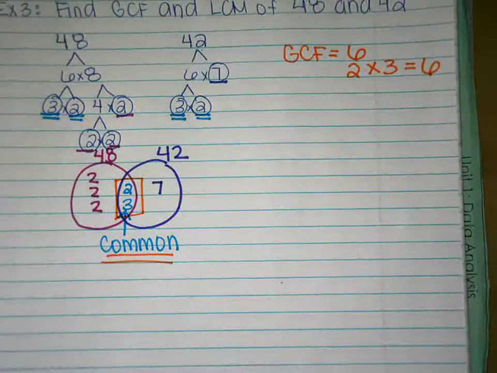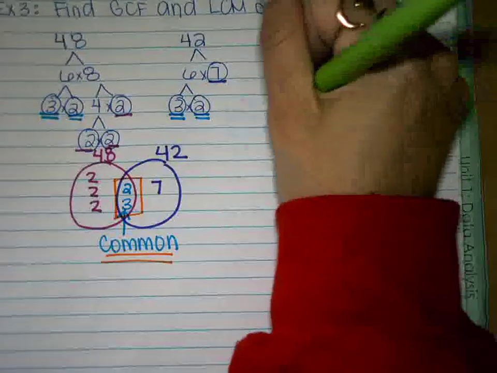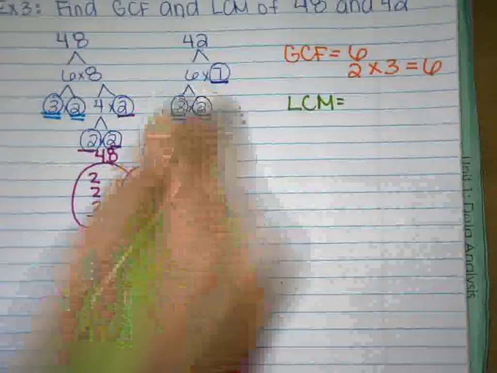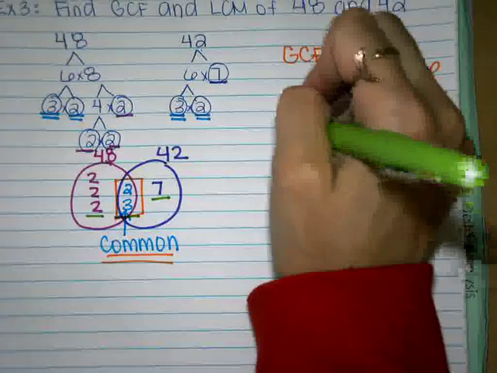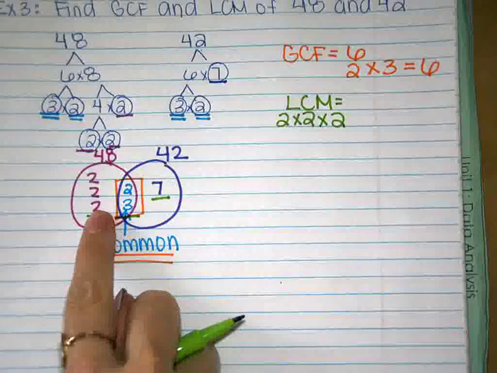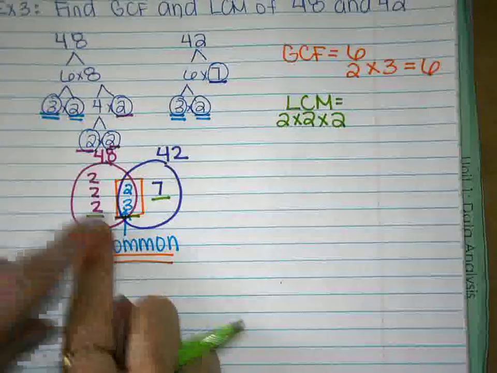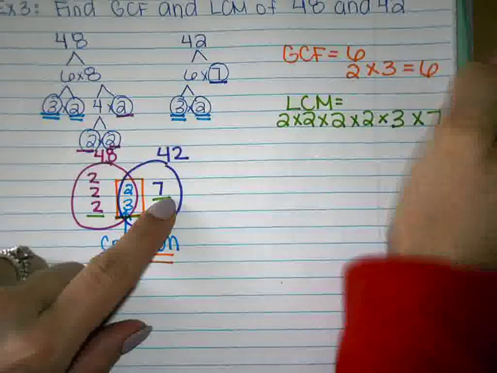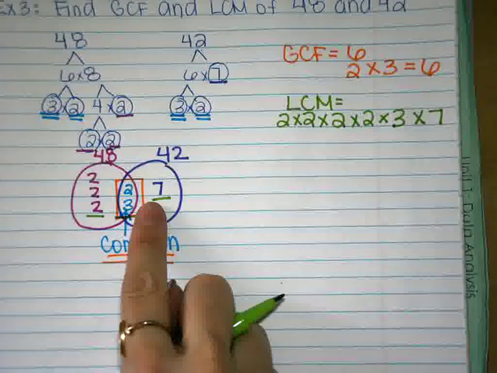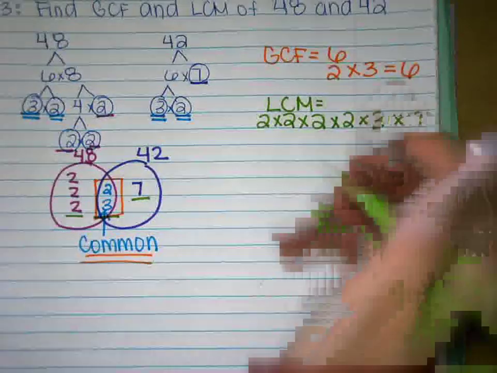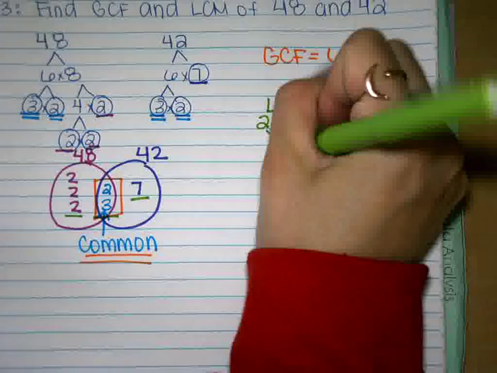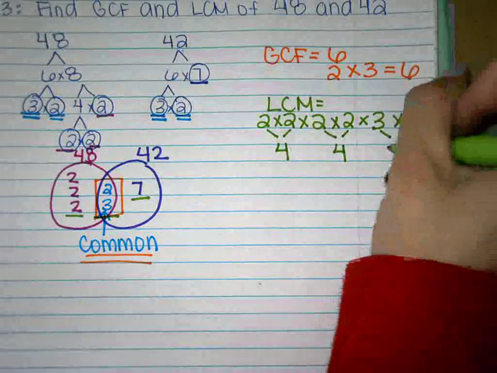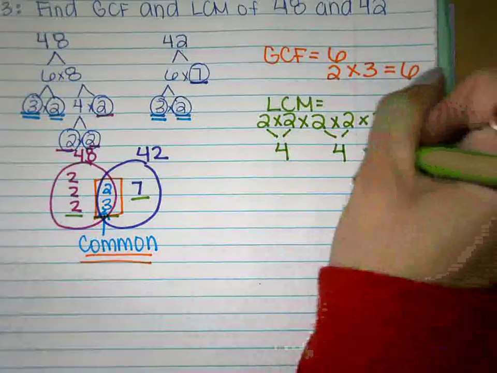Then I need to find my least common multiple, and I need to take every number that I see. So I have 2 times 2 times 2, that's the 3 2's under the 48, times 2 times 3 times 7, and I need to multiply them all together. Remember, the order in which you multiply does not matter. So I'm going to do 2 times 2 is 4, 2 times 2 is 4, 3 times 7 is 21,